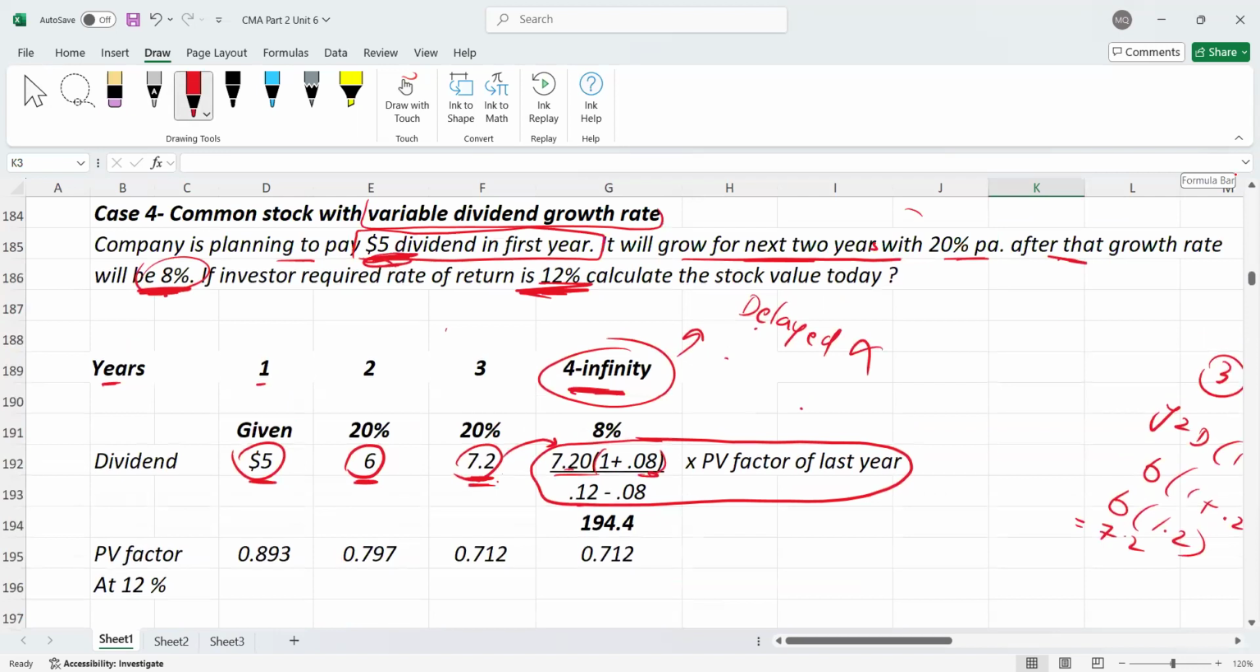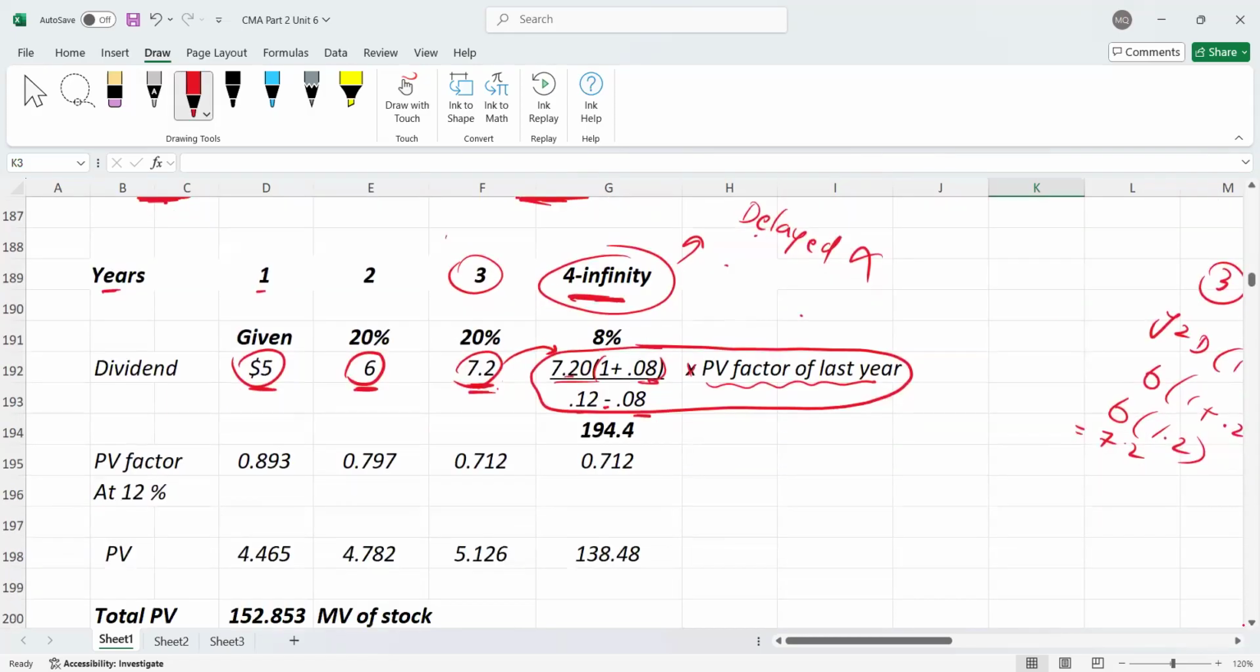Investor required rate of return 12%, minus growth, which is 0.08, okay, times present value factor of last year. Last year will be year three. That present value factor I need. Okay, that I'm going to show. So here we go. Then, guys, once we wrote this amount of dividend,